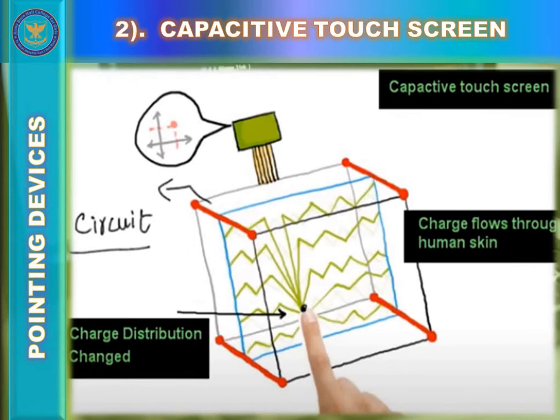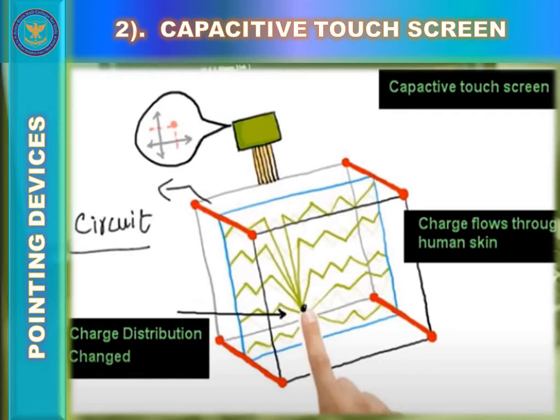The second type of touch screen technology is the capacitive touch screen. A capacitive touch screen is coated with a special material that stores an electric charge that is monitored by circuits at each corner of the screen.